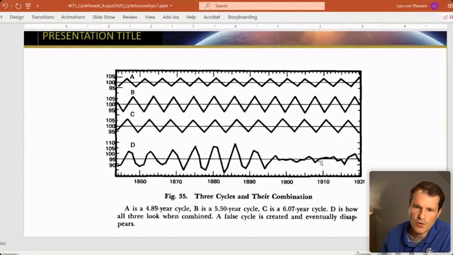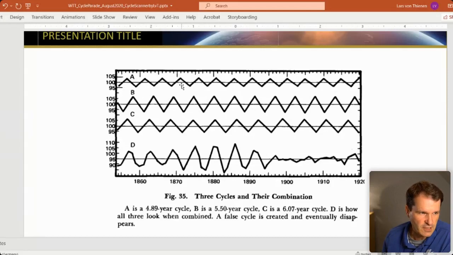So this depends on how you analyze cycles in data sets, because what was happening in the markets have been three cycles: the cycle A, the cycle B, and the cycle C. So A is a 4.8 years cycle, B is a 5.5 year cycle, and C is a 6.07 year cycle,